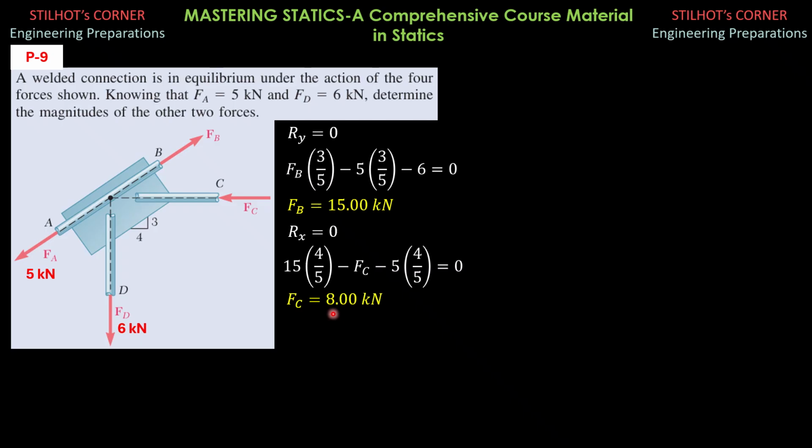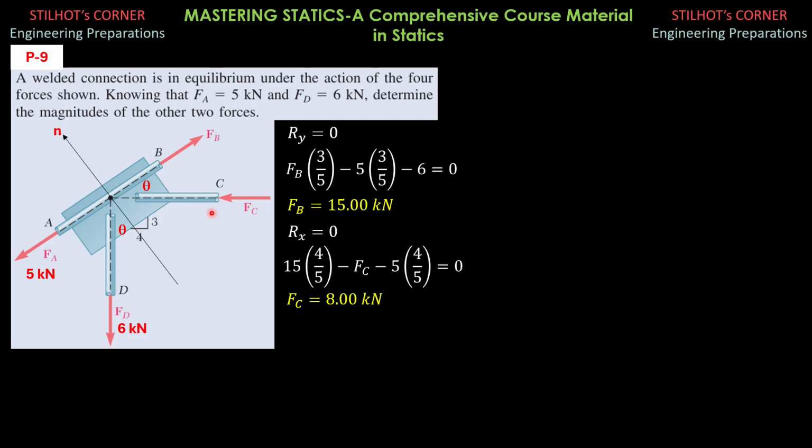Another way of solving for Fc, we draw a line perpendicular or normal to the inclined axis of this gusset plate AC as shown. Then we call this theta, where cosine theta is 4 over 5, sine theta is 3/5. Then this is also theta for this part. Then the normal component of FC is this opposite here. So FC times, it is in the positive normal direction. Take note, it is in this direction here. This is the tangential component and the normal component is going up.